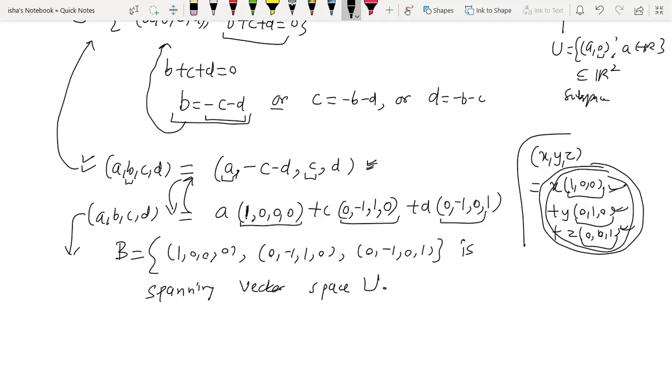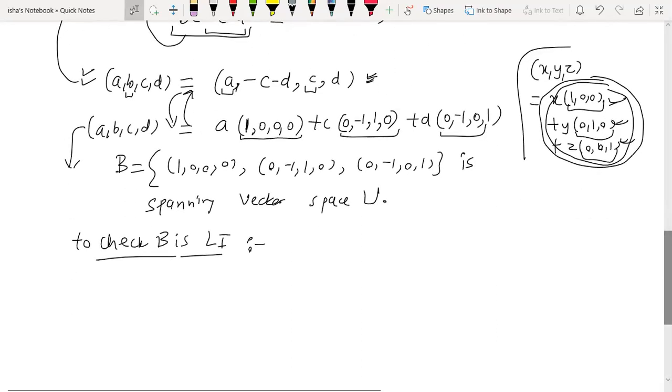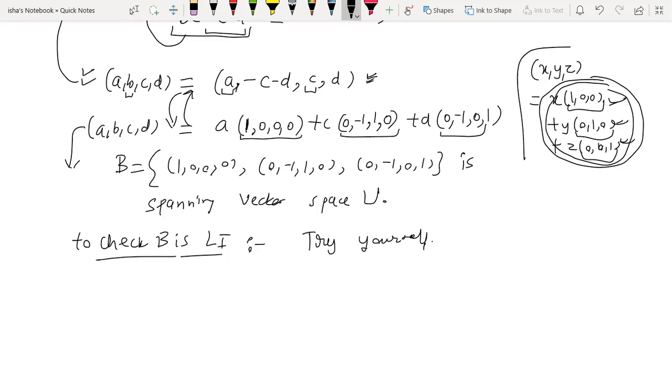In this kind of question, because I do not know the dimension, I cannot go the dimension way. I have to first find this expression, then choose these vectors, and it clearly satisfies the condition of spanning. So I will now check whether this B is linearly independent or not. If the three vectors which you have chosen are linearly independent, then we declare this set a basis, and the dimension will be counting these many elements. I'm leaving this to you, that you try this yourself, that this B is linearly independent. It's very easy to show.